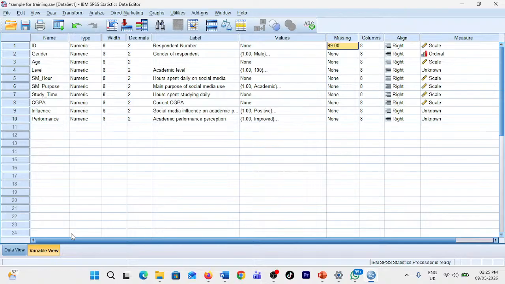For the nominal category, it means that there is no ranking, like the gender and the age, right? There is no ranking. For the ordinal, it means there is ranking and there is order from level 1